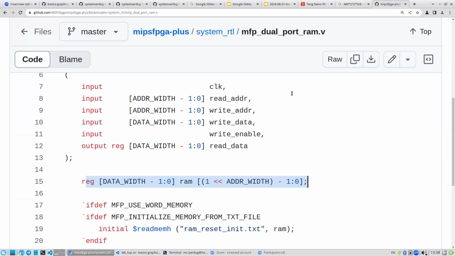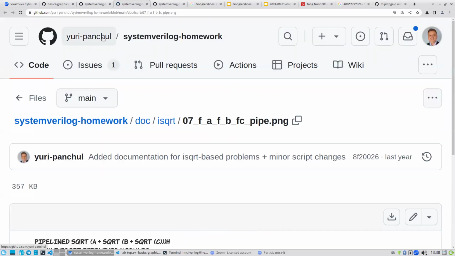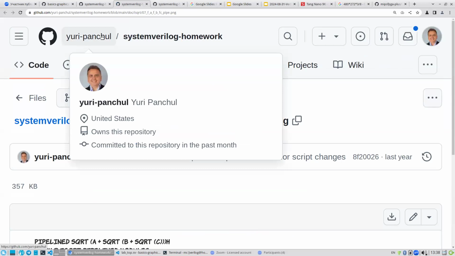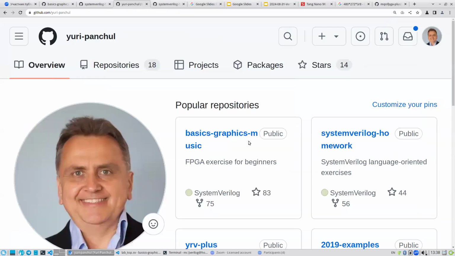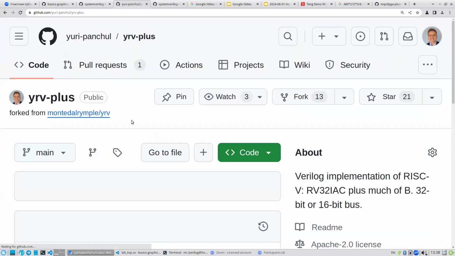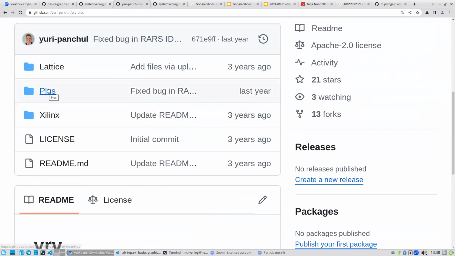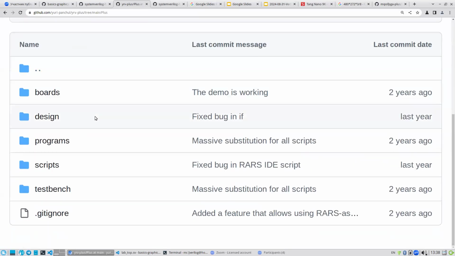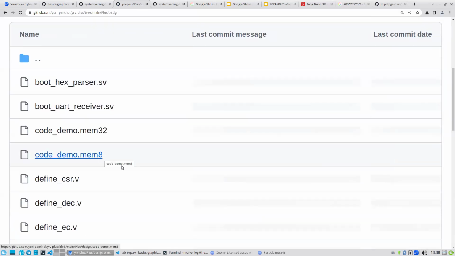So this is a second way of doing this. We just need to make sure that this is what happens with Govin. This is something I didn't investigate before. You can investigate it now. So yeah, this is YRV plus. The second thing: many vendors have their own macros which allow you to define such RAM explicitly. So if you go to design here,